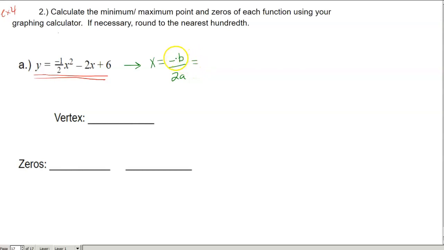If I were to calculate this out, I would say the b value here is negative 2, right? So the b value is negative 2. If I took the opposite of b, that'd be positive 2, and divided by 2 times a. Well, a is negative 1/2. So negative 1/2. And so if I multiply this out, I would have 2 divided by negative 1. And so I have negative 2 is the x value, or I should know that it's the x value of